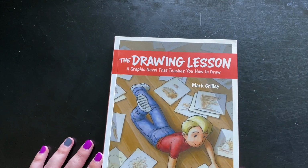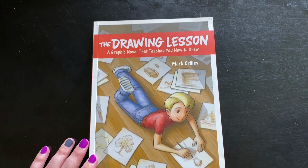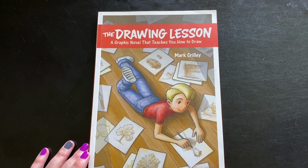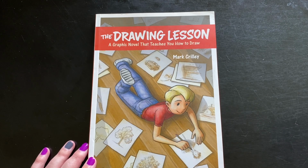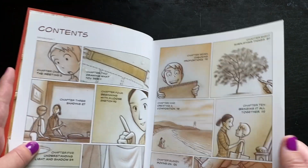I also found this. I don't know where I saw this recommended, probably in some homeschooling Facebook group. And to whomever recommended this, well, thank you. This is The Drawing Lesson, a graphic novel that teaches you how to draw by Mark Crilly? Mark, I love your book. So this is exactly what it says. It is a graphic novel